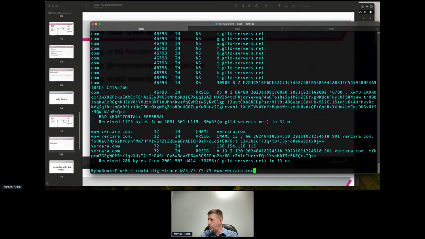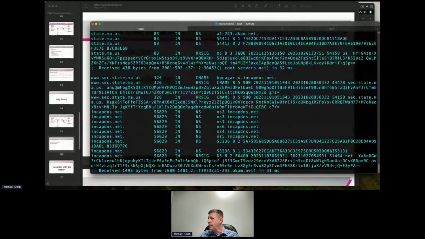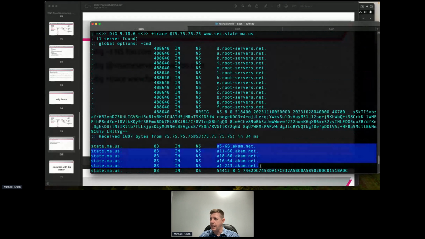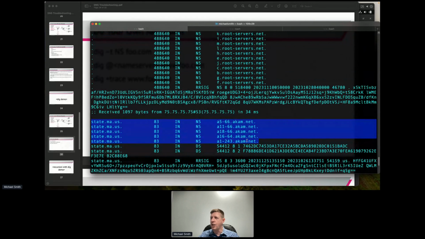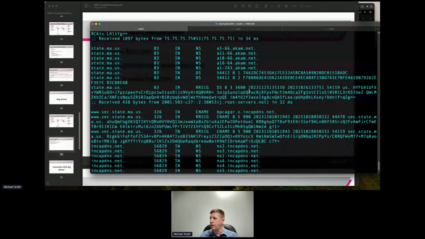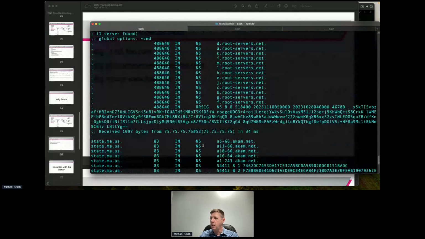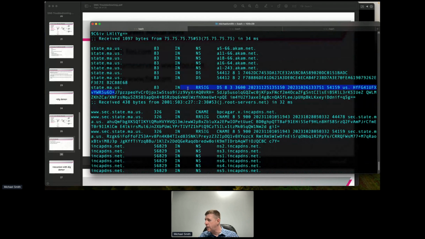So let's go back and do my bad boy here, which is www.sec.state.ma.us, which is actually a broken one. And the reason it's broken is because right here, one of these name servers that are authoritative for the domain, one of these doesn't know that it's authoritative for the domain. So it'll give you an error when you go query it, right? But you can see we traced it. And somewhere in here, we got an answer